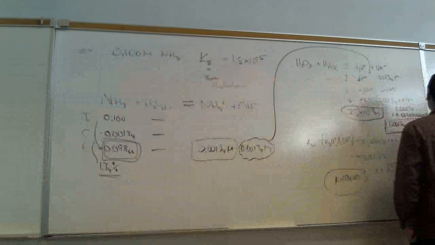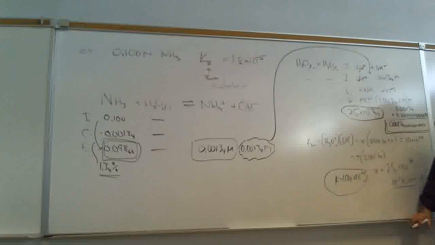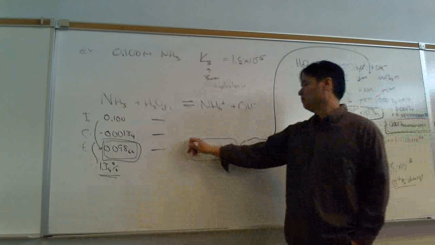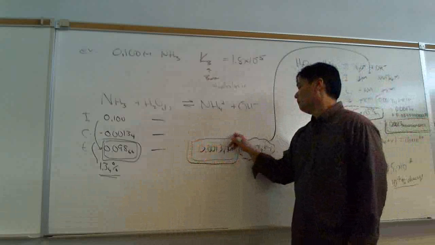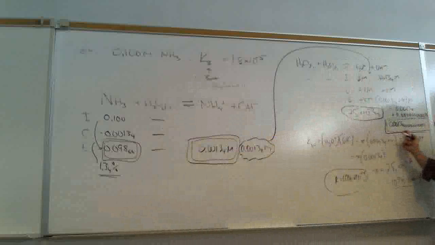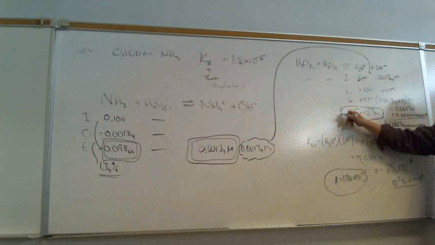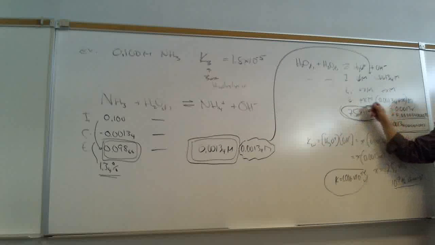What's number 3? Ammonium. So ammonia is 1, hydroxide is 2, ammonium is 3, and hydronium is